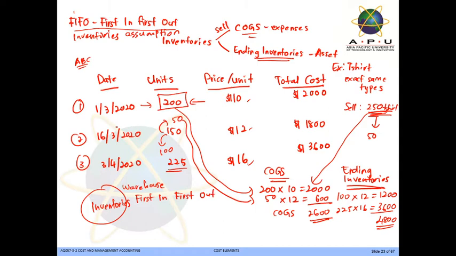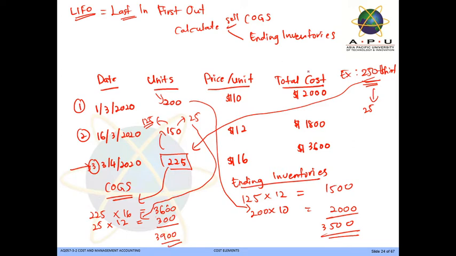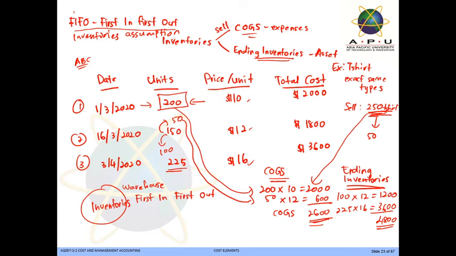So can we see the difference? This is first in, first out. The cost of goods sold is 2,600 for 250 t-shirts. But if we use last in, first out, we will get 3,900. For first in, first out, we use the first batch that we bought. But sometimes the price fluctuates, right? The price is rising, maybe because of the current situation. So FIFO doesn't do a good job of matching current revenue with the current cost